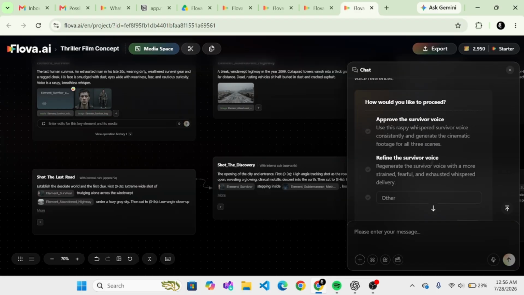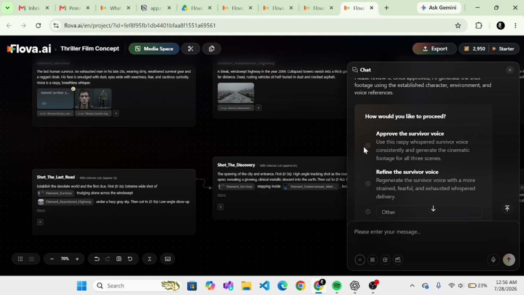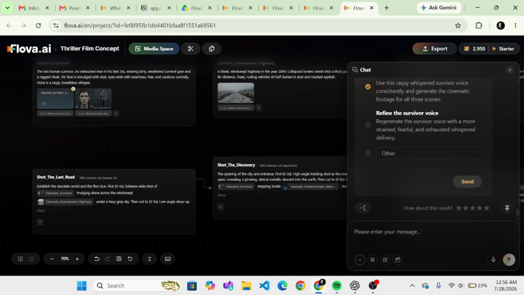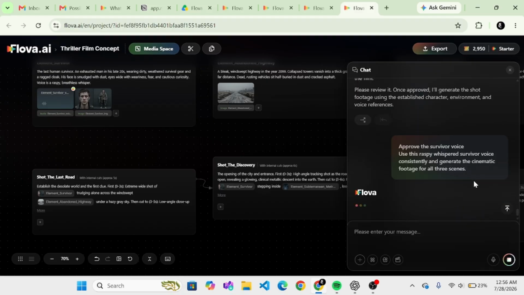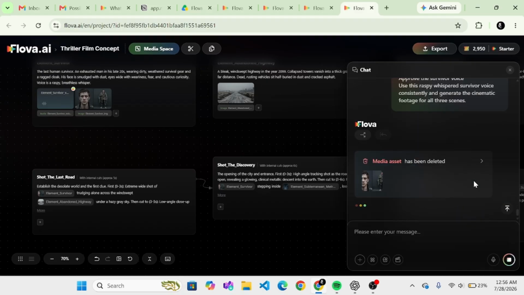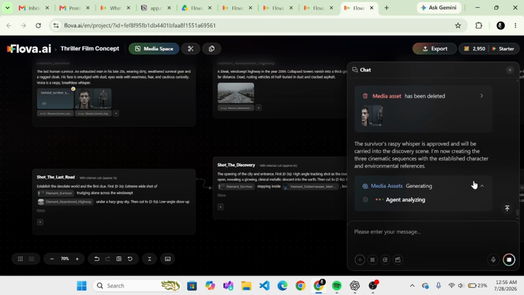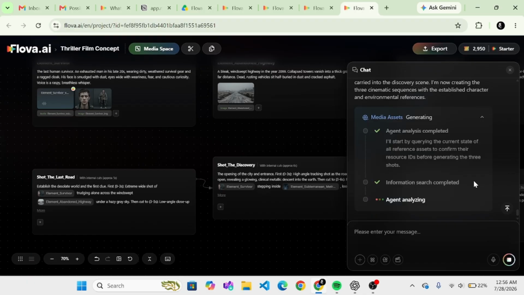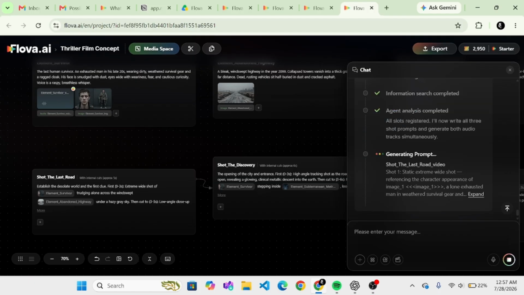character. Next, I'll head back to the chat and approve the character's voice so Flova can move on with generating the voiceover. Now the voiceover is being generated. And this is another thing I like about the workflow. It handles everything step by step, guiding you through the entire process, instead of leaving you to figure things out on your own. Every stage is organized, and you always know what's happening next, which makes the whole experience feel